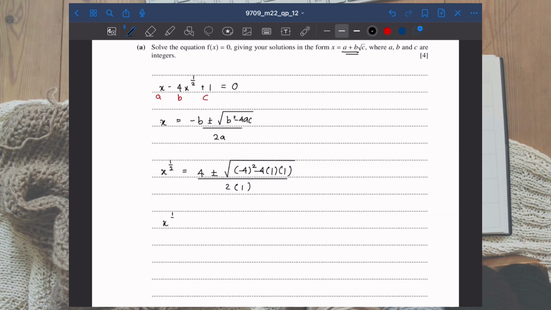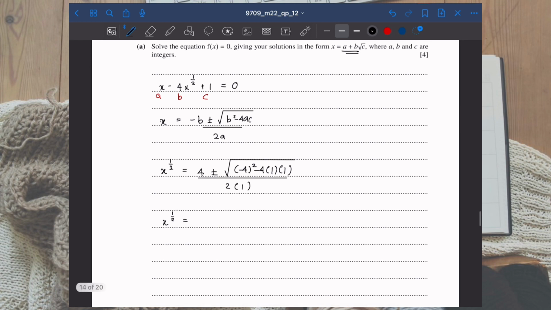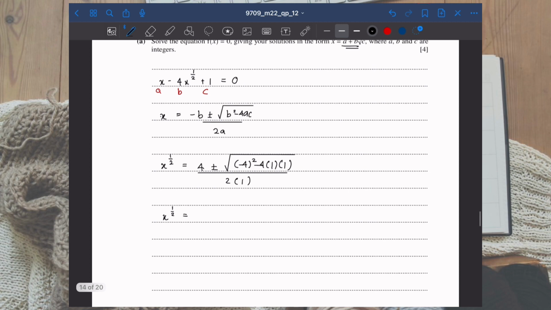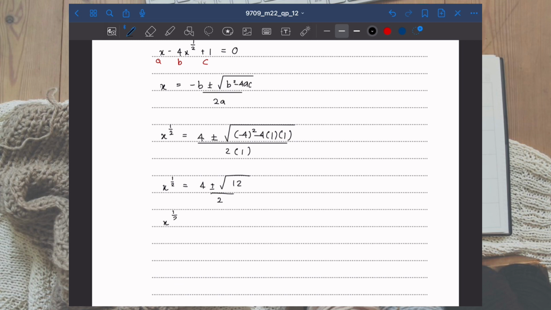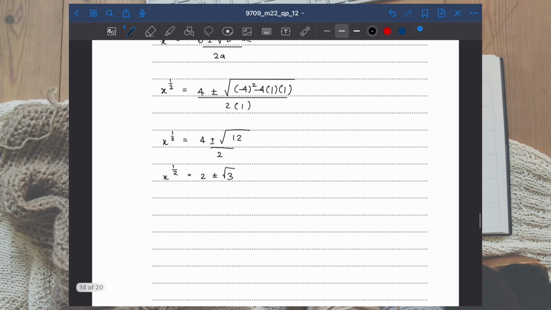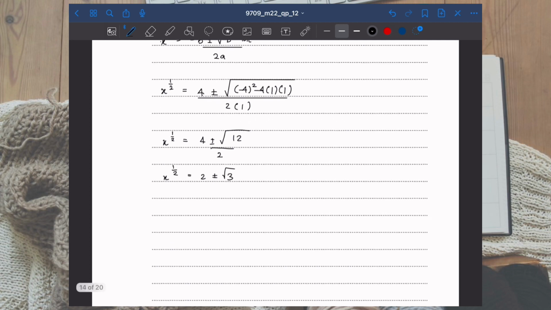So our x power half will be, okay, using your calculator, you'll get 4 plus minus root 12 over 2. And simplifying it, you'll get 2 plus minus root 3. So our x power half is either